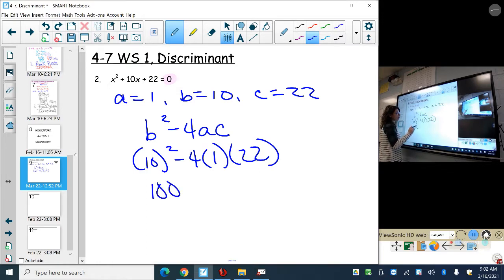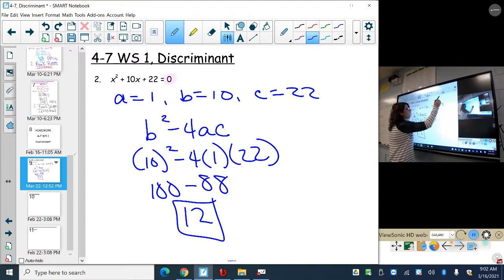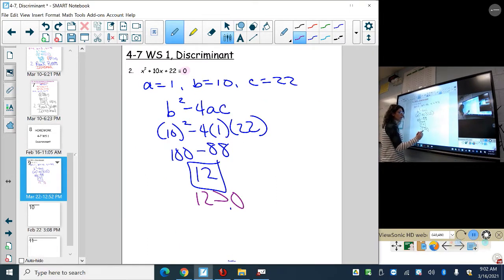10 squared is 100. There's only one negative, so it's negative. 4 times 1 is 4, times 22 is 88. So this is going to give me a 12 as my discriminant value. Now, I need you to compare 12 to 0. If you compare 12 to 0, 12 is greater than that, so I'm going to have two real